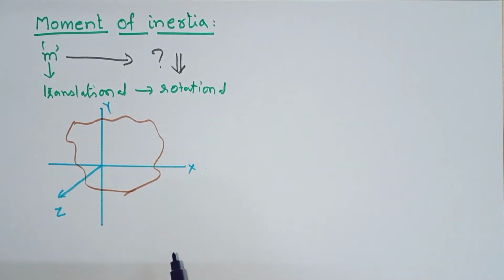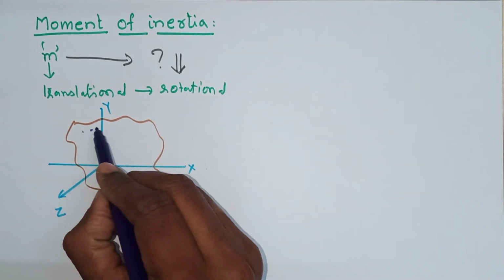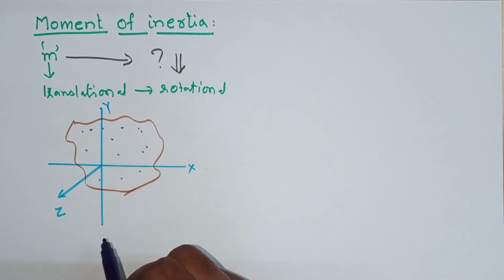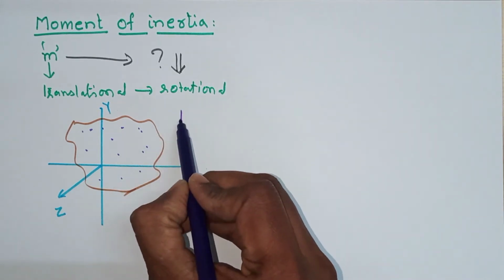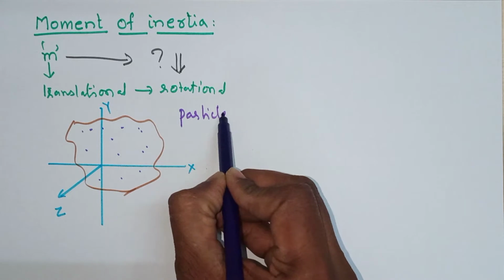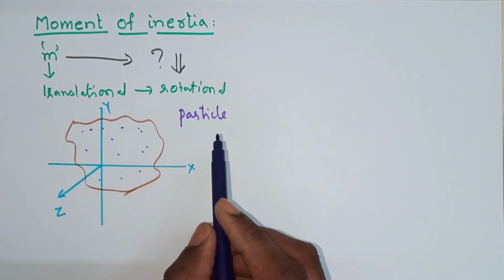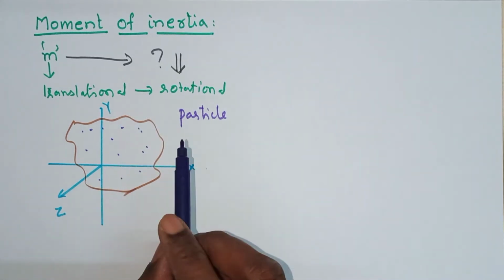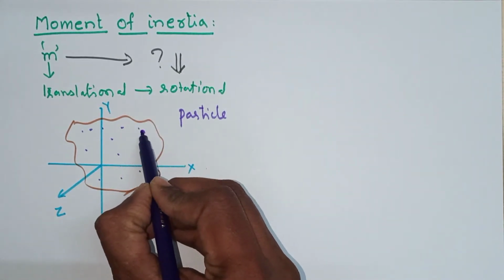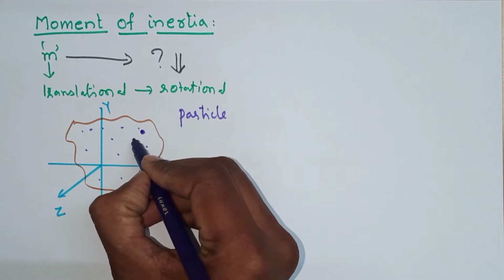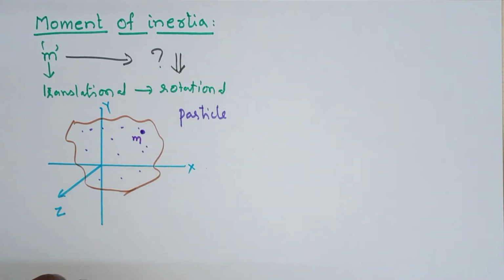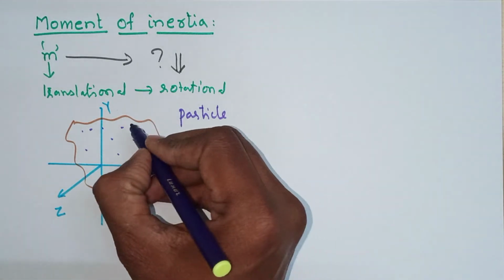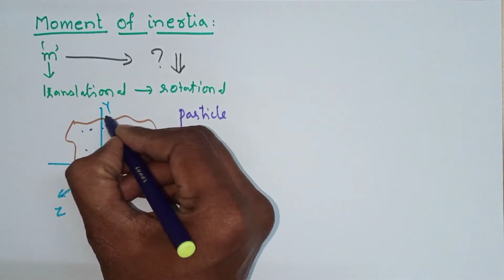See, this is a rigid body which is comprised of many particles. Let us analyze a single particle and its kinetic energy while it is rotating about an axis. Of course, we take the z axis, no issue. So let us choose a single particle having mass m, or you can choose the ith particle, while it is rotating in the anti-clockwise direction.